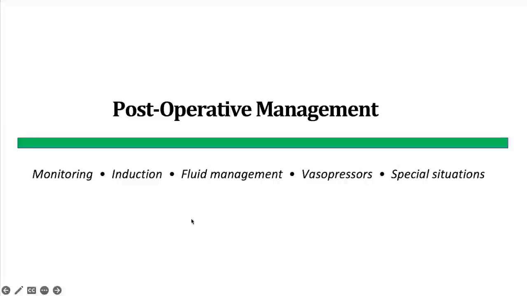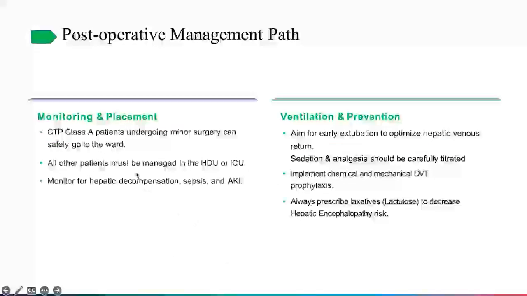Post-operative management wise, patients undergoing minor surgery can be safely managed in the ward. But all the other patients must be managed in either an HDU or ICU setting. You should monitor these patients for hepatic decompensation, liver derangement, liver failure, sepsis or AKI because these patients are at high risk. Patients should be extubated as early as possible, and sedation and analgesia should be carefully titrated,